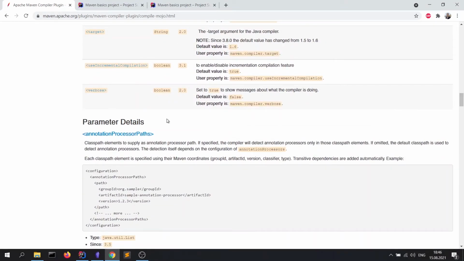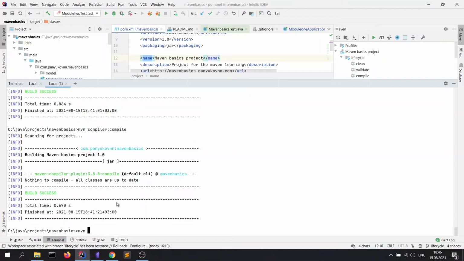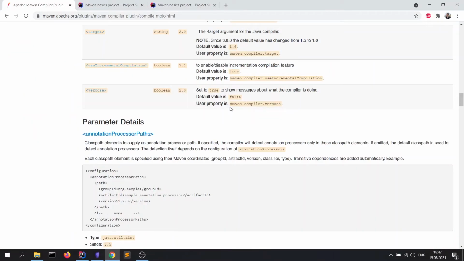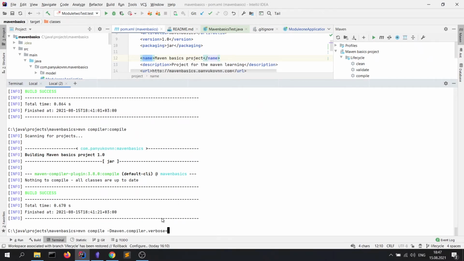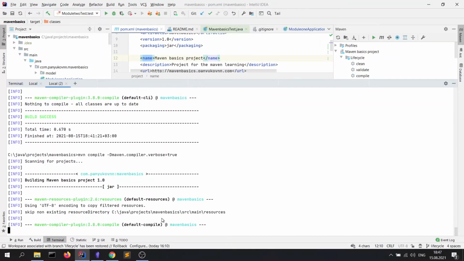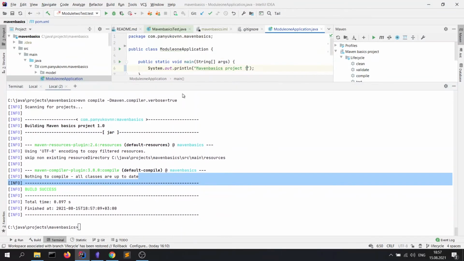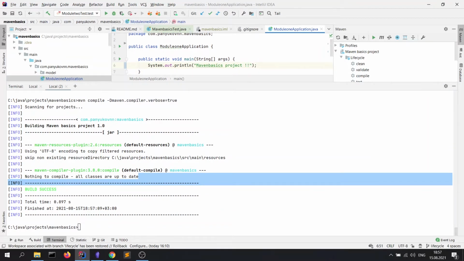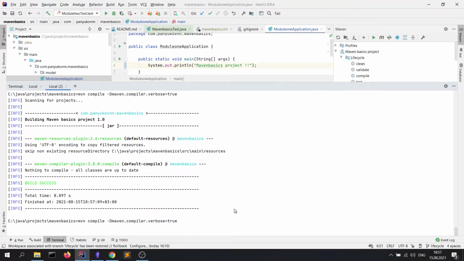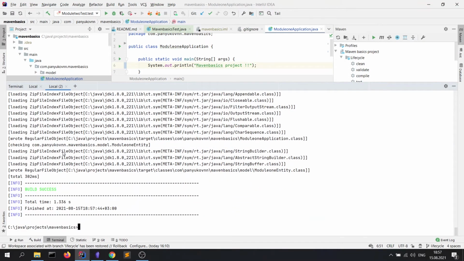Let me show you how to configure these properties. To specify it, we need to open IntelliJ IDEA and type mvn compile -D and then the name of the property, which we can find on the page here, maven.compiler.verbose. Let's paste it, equals true, and let's run. I forgot that we need to change something in our source code to run this command with the verbose flag. Let us add something to the string and rerun our compile stage,